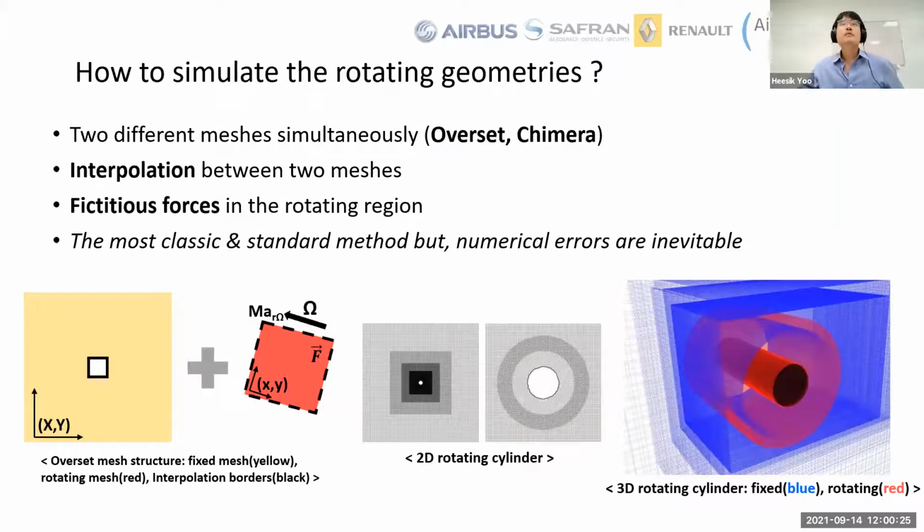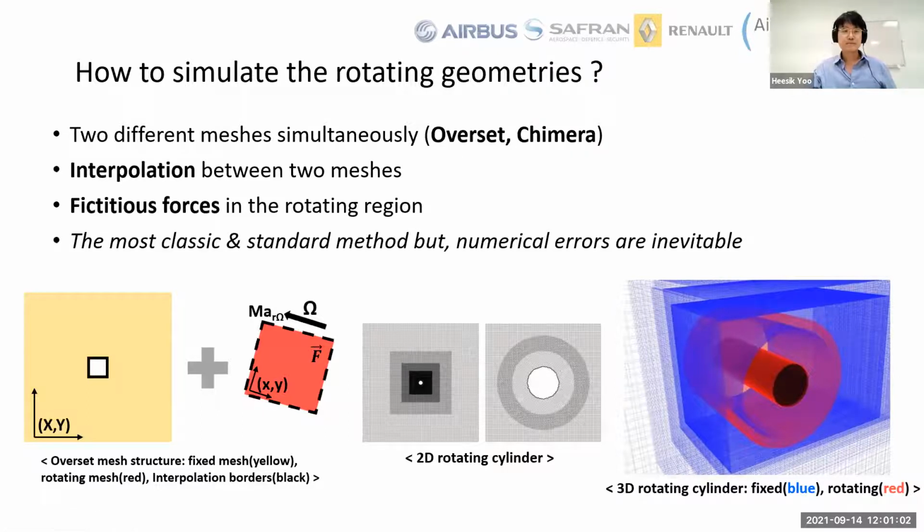More specifically, how do we simulate rotating geometry in CFD? One of the common ways is to use two different meshes at the same time, which is called overset mesh, or sometimes a chimera mesh. Since we are using two different meshes at the same time, interpolation between the two meshes is necessary. Also, apart from the fixed region, in the rotating region they use a rotating non-inertial reference frame. Because of that, for all the physical values and vectors in the rotating region, we need to consider a fictitious force